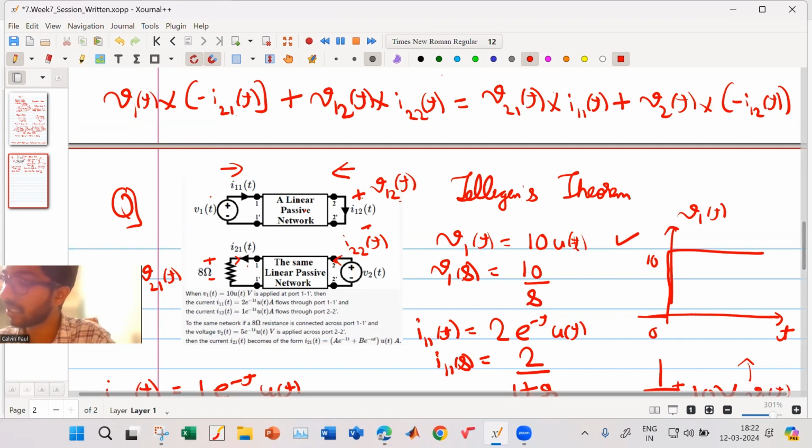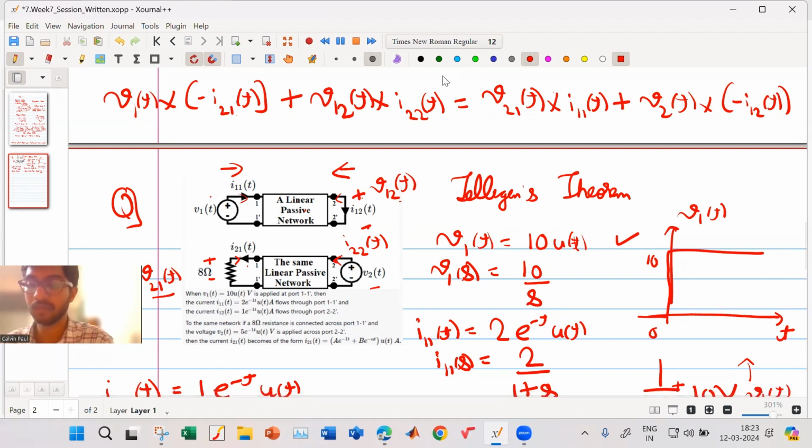What is V21 of t? That is this voltage, V1 of t into I11 of t, current which is entering, plus V2 of t, that is this voltage, into current which is entering, minus I12 of t, because I12 of t is going out. Okay, so till here, any doubts? No, sir. Okay, so now